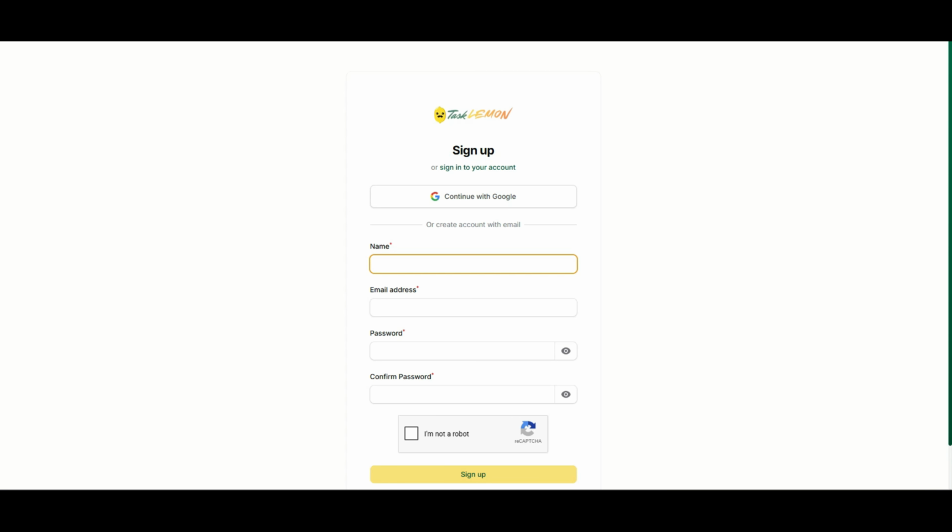We'll start with the name. Here, let's call this Task Lemon Guide account. And for the email, we can go ahead and use. Now, when it comes down to the password,